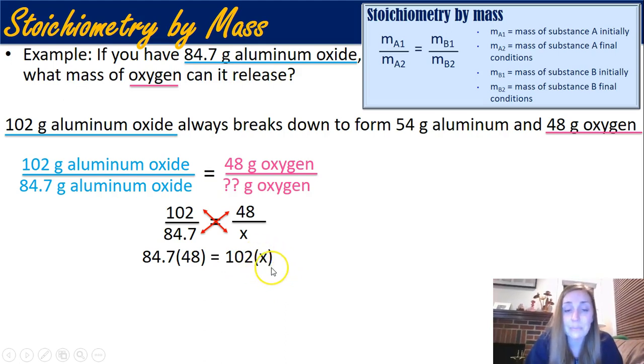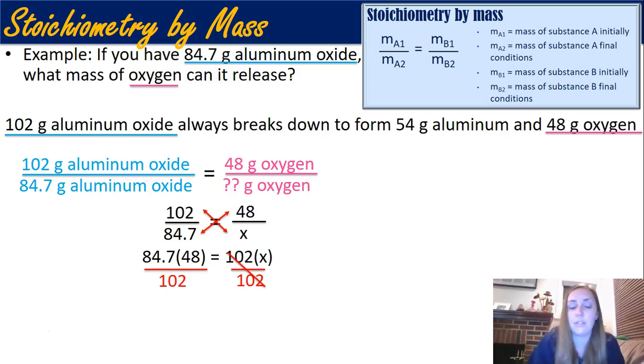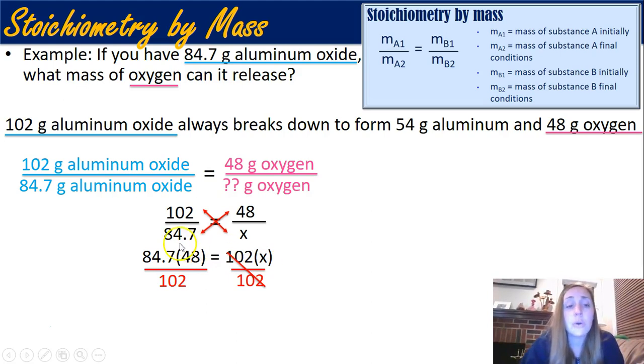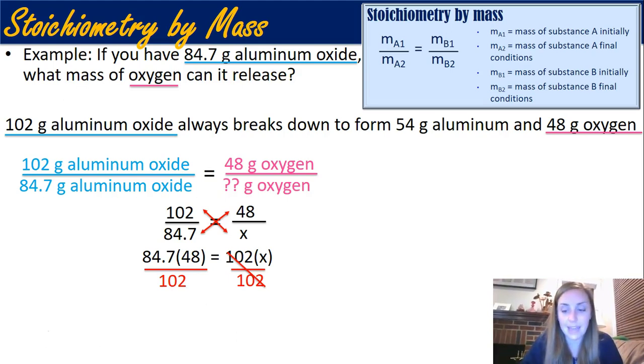I know I want x by itself, so I'm going to divide by 102. Those cancel. If I do it to the right, I have to do it to the left. Divide by 102. Notice I haven't done any math yet. I'm saving all my math to the end, so that way I'm not rounding in the middle of my problem. I'm just going to type into my calculator 84.7 times 48 divided by 102. So this is where you're probably going to want a calculator. You literally just type it in as that, and you'll get